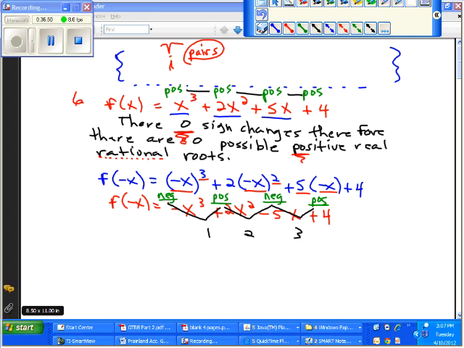Now remember that irrational or imaginary roots come in pairs. So if we lose something that's not rational, we're going to lose its partner also. So we're going to lose in groups of 2. There are 3 sign changes, which means there are 3 or 2 less than that, 1 possible